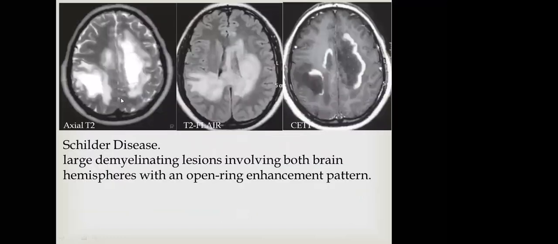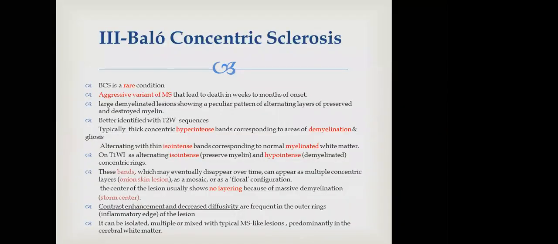This is a case of the disease, a large demyelinated lesion involving both brain hemispheres with an open ring enhancement pattern. They preserve it; this is the classical enhancement of the ring enhancement in the MS lesion. Balo concentric sclerosis. This is also a rare condition, an aggressive variant of MS that leads to death within weeks to months